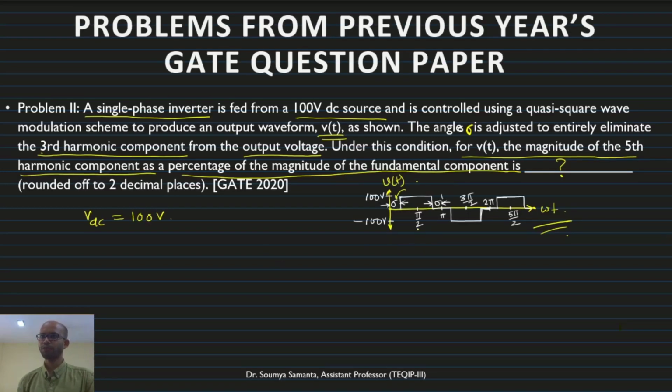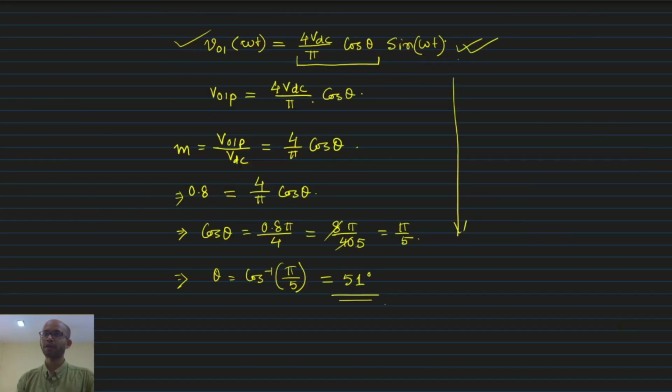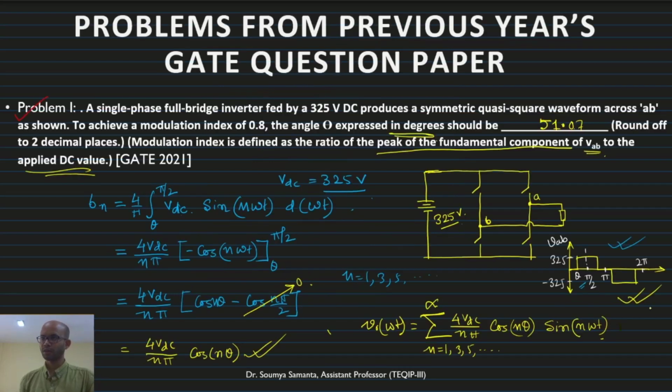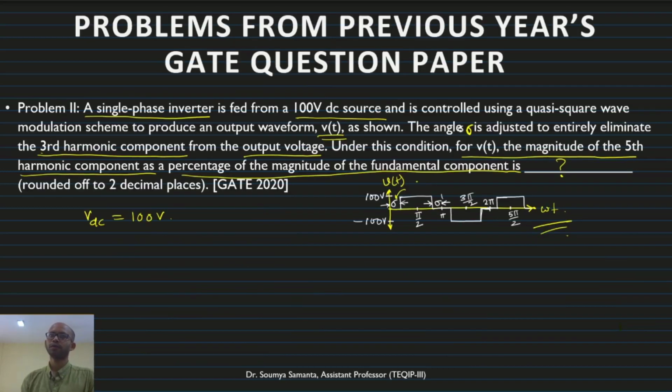So here the waveform which is given is the quasi square wave, and this one is similar to the previous one. So I will directly use this expression. Derivation is quite similar. I am going to directly use this expression, because the waveform is similar. So what will the output waveform be? That will be V of omega t, which is equal to